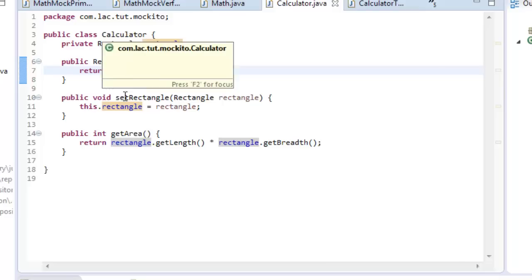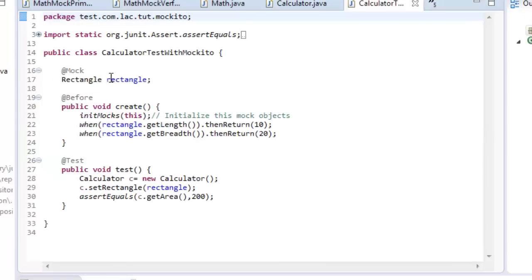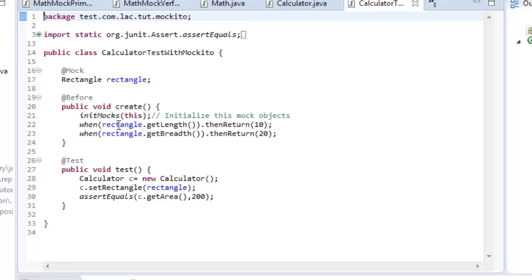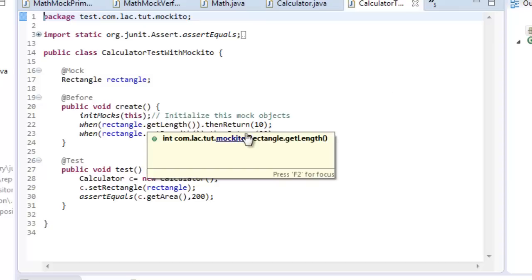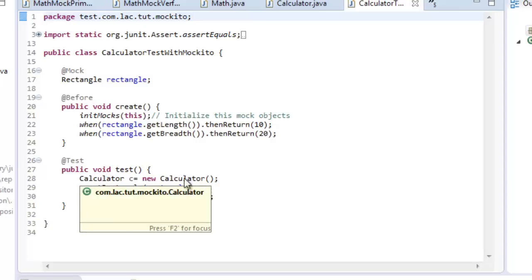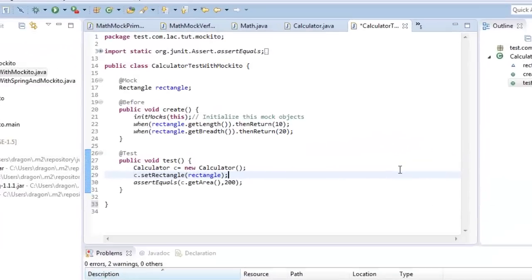So if you say calculator get area, it is going to compute the area of a rectangle. A typical way to test this function with Mockito is this. Here I want to create a mock object of a rectangle and define my behavior, saying that when I say length, return 10, breadth 20. So here I am creating a calculator object and passing it as an argument and computing the area.